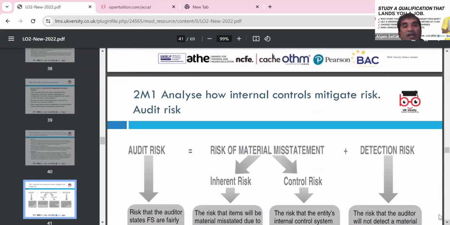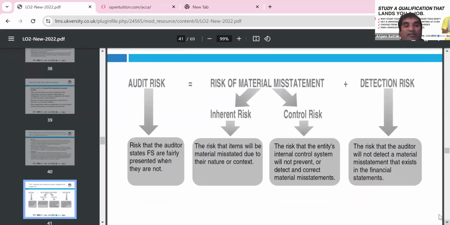Then we can look at next, we have two, point M1, which is to analyze internal, so different types of risk. Audit risk is the risk that the auditor